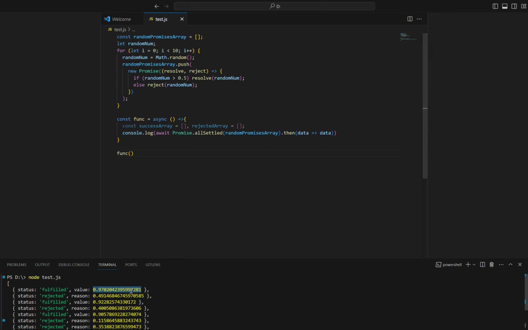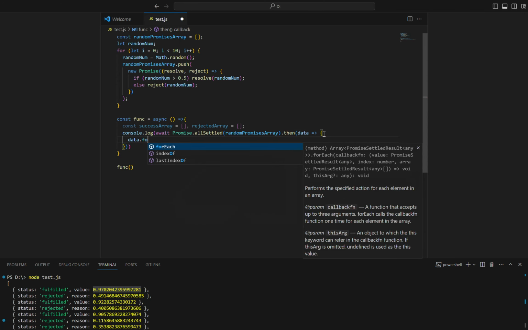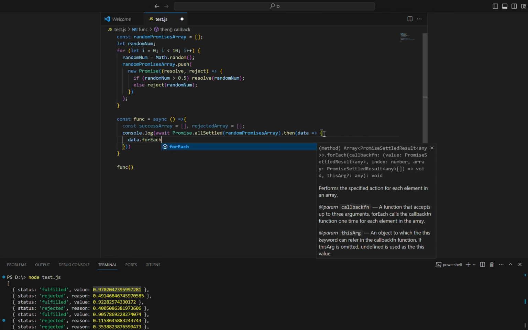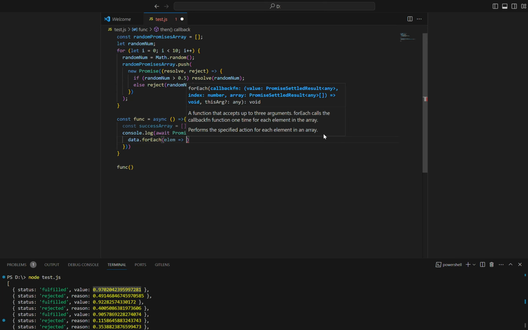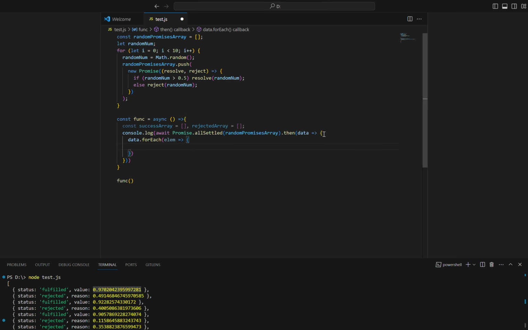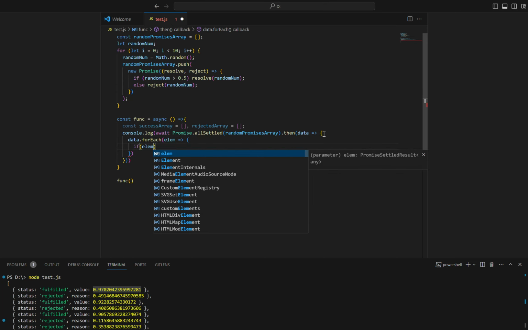So in order to create two different arrays which hold the fulfilled and the rejected values, we will need to extract it out from this data variable. Let's do that. We will put the curly braces in for the function, and we will do a data.forEach, because we need to loop over this whole thing. Alright, after looping through it, we'll get an element for each element inside it, and if the element value